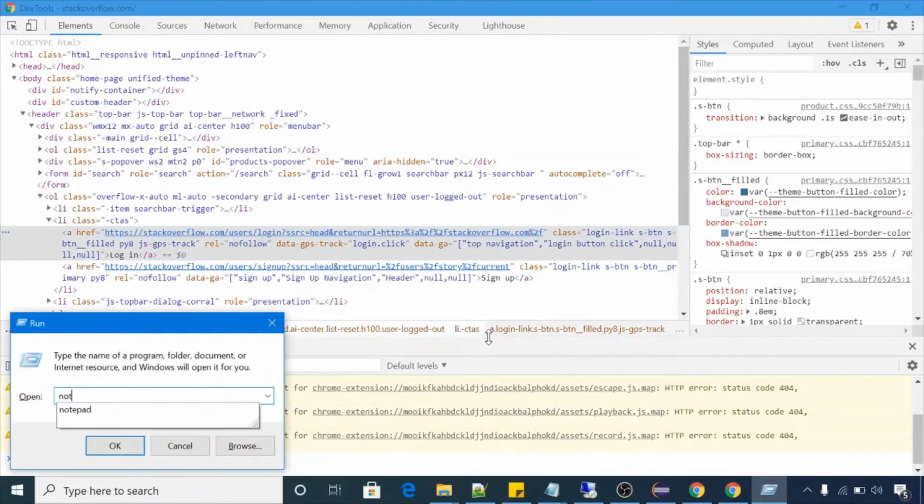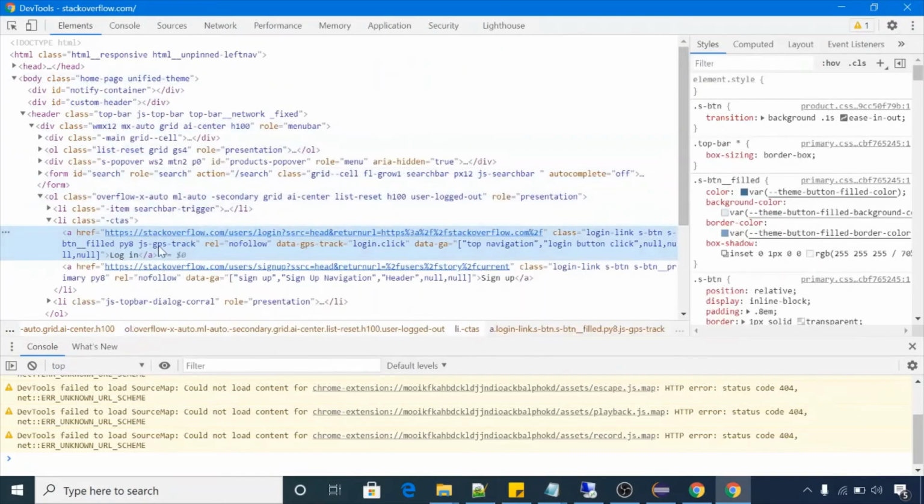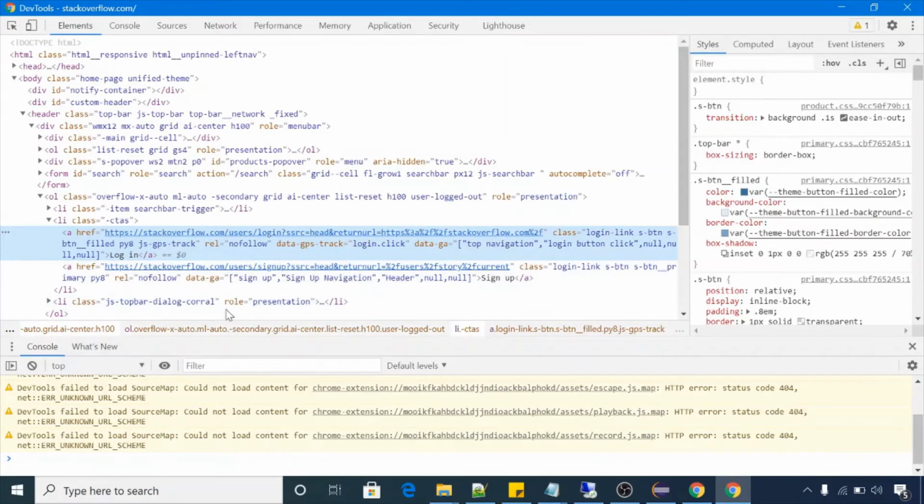Let me show you one notepad file. It is giving you the absolute path. This is not a good strategy because the DOM can vary at multiple times. We should go with the relative path. This is absolute path, not a good idea. Your script can fail. In the case of relative path, we will just pass the required attribute. Now how will we create XPath here? This is the syntax to write XPath.